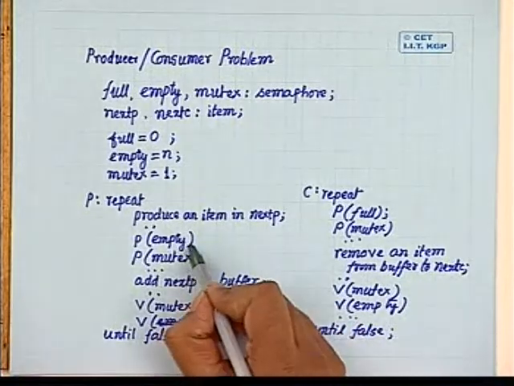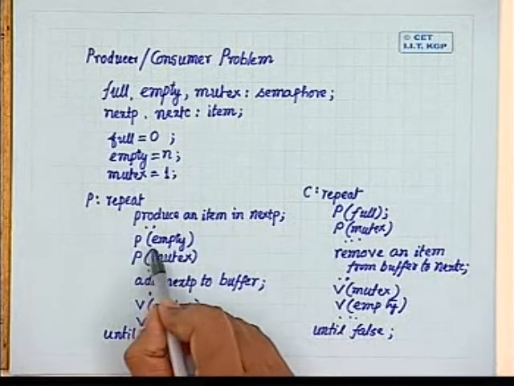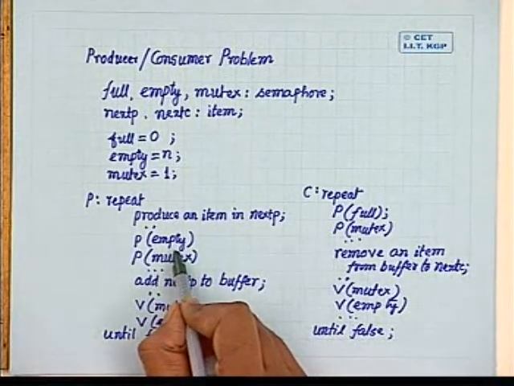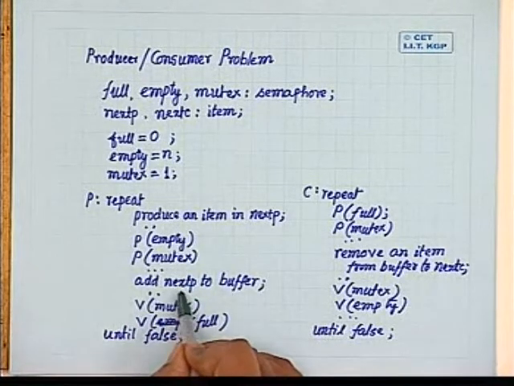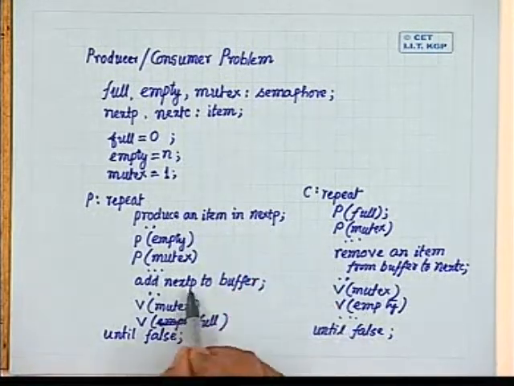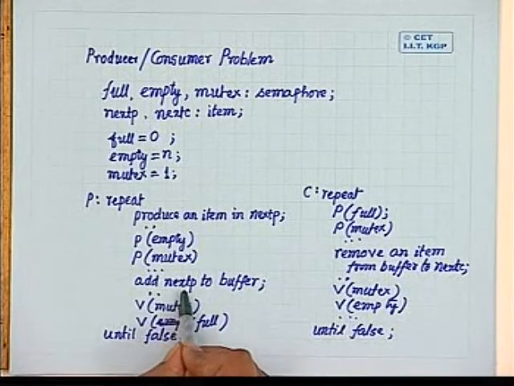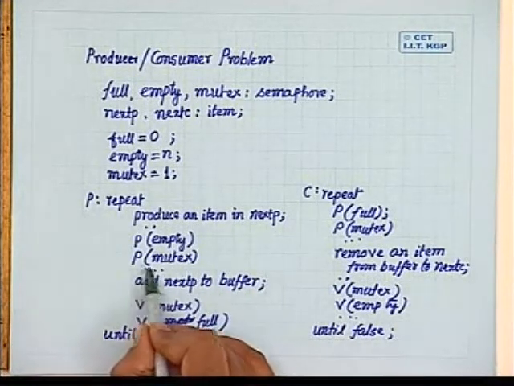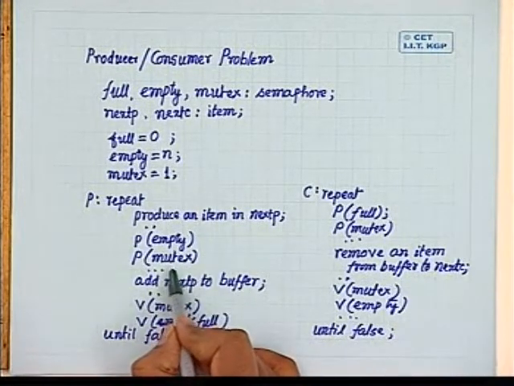In case any location in the buffer is free, the P empty operation will be successful and the producer process will not be blocked. So it can put this item which has been produced in next P into the buffer. Before putting this item into the buffer, it performs the P mutex operation, and this mutex semaphore variable